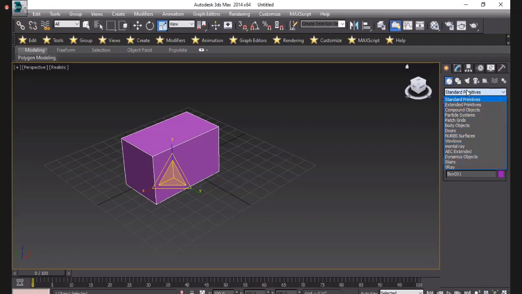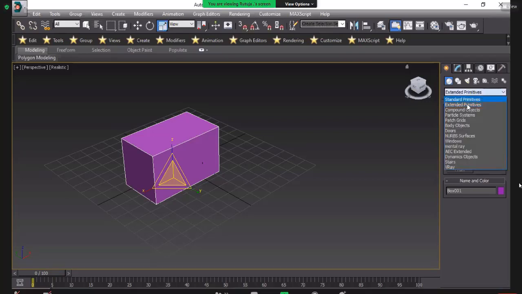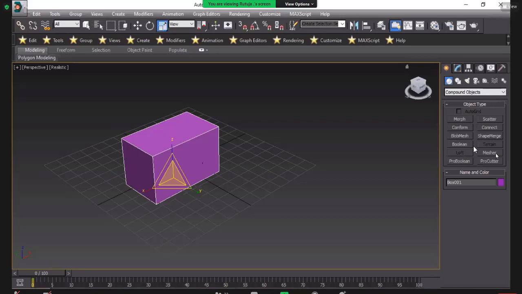Okay, so what is that? It is the standard primitives, which has box, sphere, cylinder, torus, and teapot, etc. We will draw here, don't worry about it. Second, we have extended primitives, which have shapes like hydra, chamfer box, torus knots. Okay, and then when we go in compound object, there are also some objects we will use in the modeling,